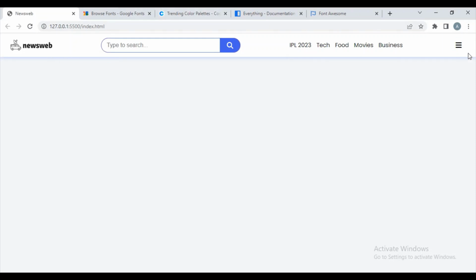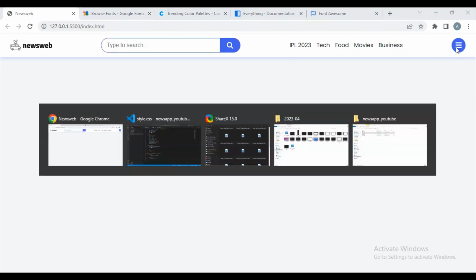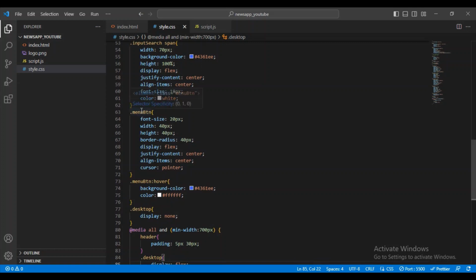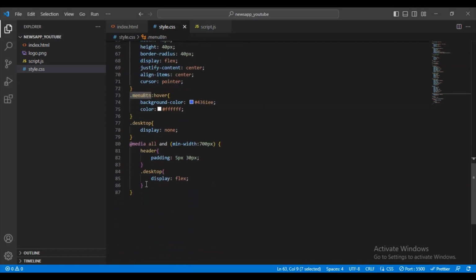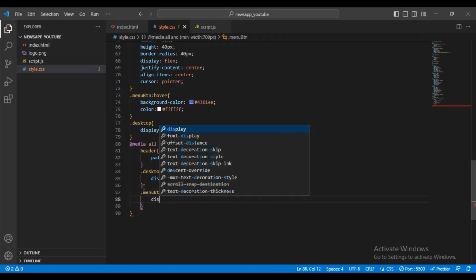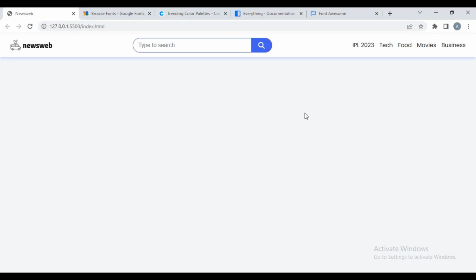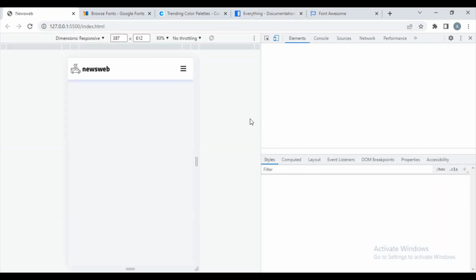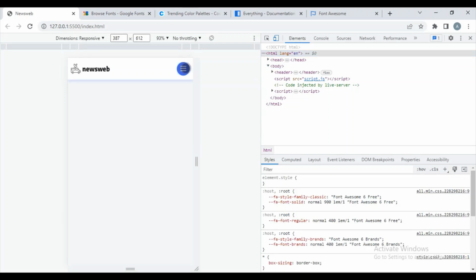And this button I want to display only in mobile version. For that, here this is menu button. Let me just copy this, and here I will just go and I will paste display none. Okay, now see, let me just check on the responsiveness. Okay, now see, it will be working, and when I just click on this menu, it will display the menu here. For displaying this menu,